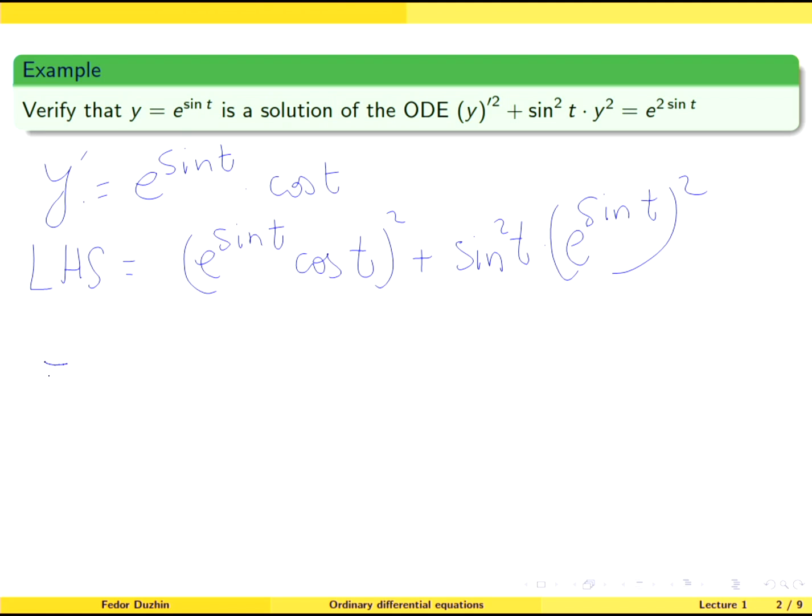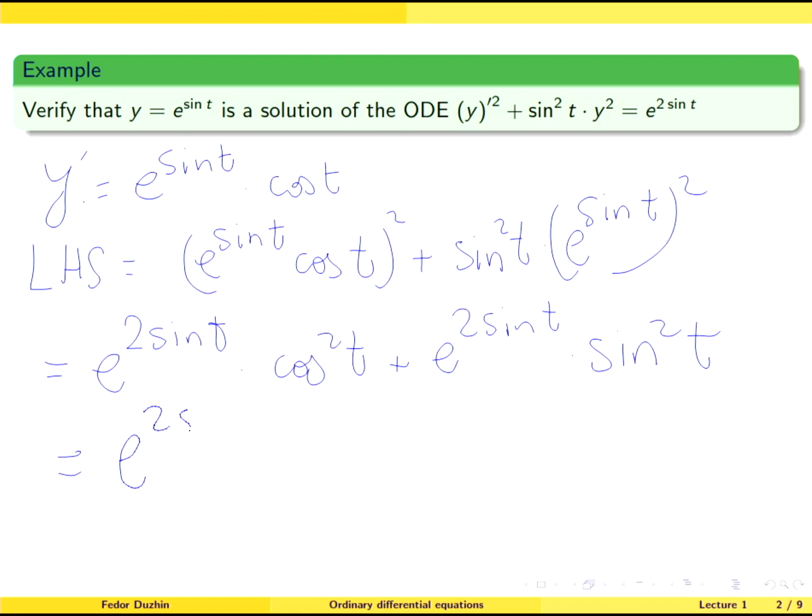Let me continue. Now (e to the sine t) squared is e to the 2 sine t times cosine squared t, plus (e to the sine t) squared, again e to the 2 sine t times sine squared t, equals,